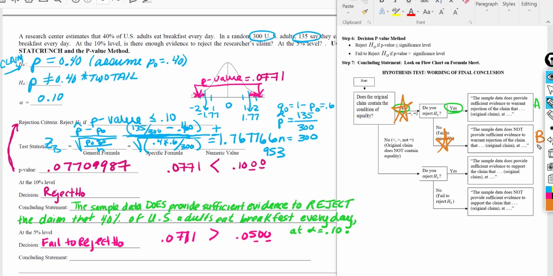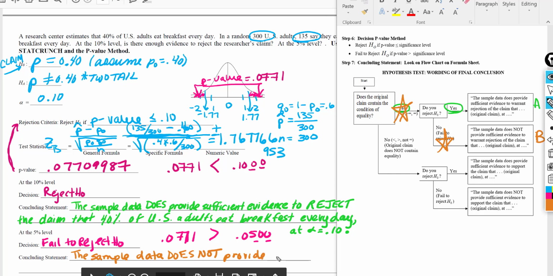So this would be option B. So we would say then the sample data does not provide sufficient evidence to reject the claim